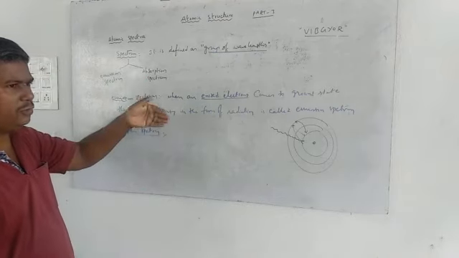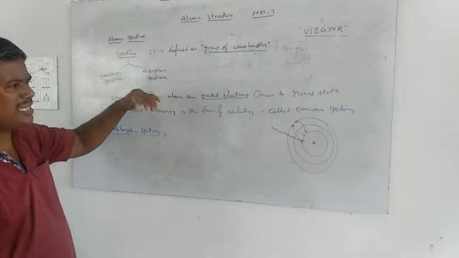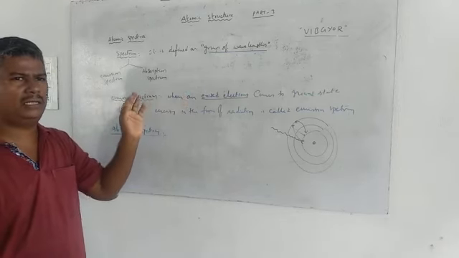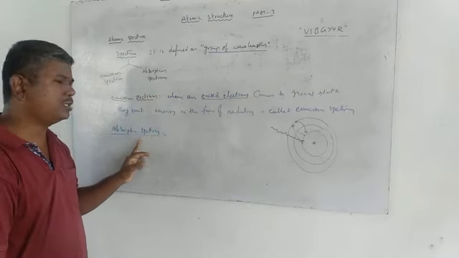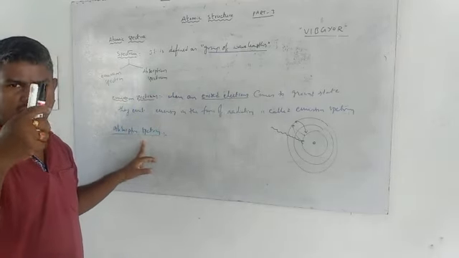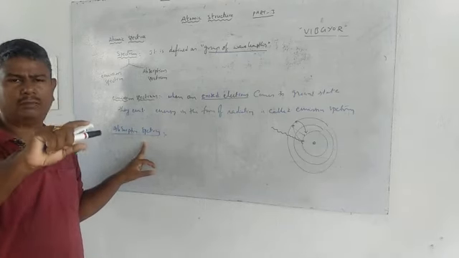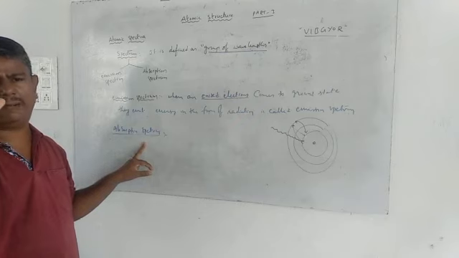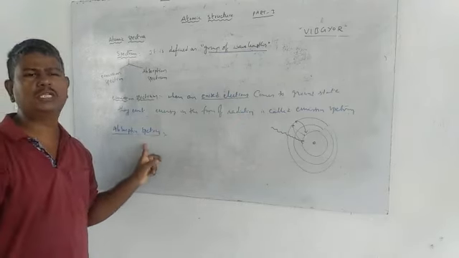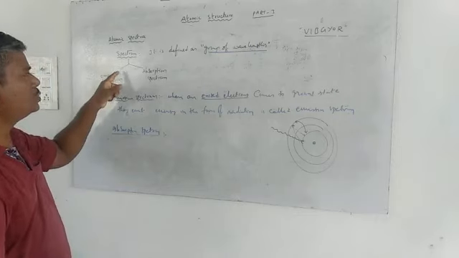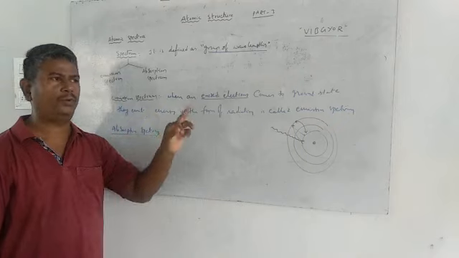Negative plate means negative photographic plate. Where the radiation is emitted continuously, what happens? A continuous spectrum will form. Whereas in the case of the absorption spectrum, a certain amount of energy is absorbed. Where the energy is absorbed, at that place we get a dark band. The dark band represents the absorption spectrum. So these are the two kinds of spectrum.